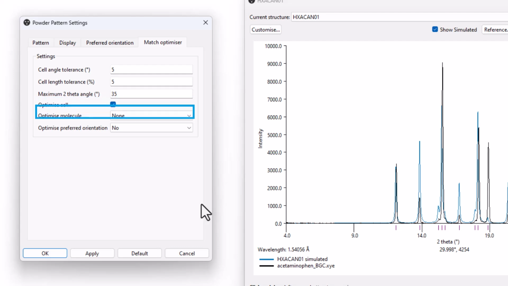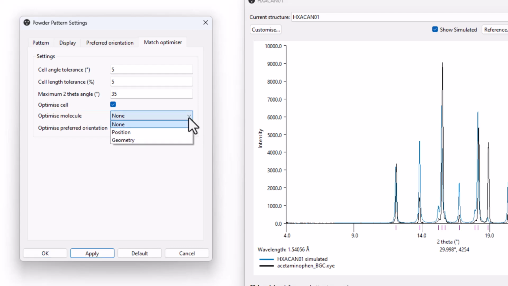The Optimize Molecule menu allows for the position and orientation of the molecule in the unit cell to be changed by choosing the Position option. The Geometry option also optimizes position and orientation, but additionally allows internal torsion angles to be optimized. The Optimize Preferred Orientation menu gives a variety of options for accounting for preferred orientation.